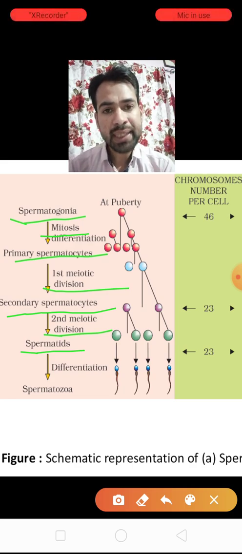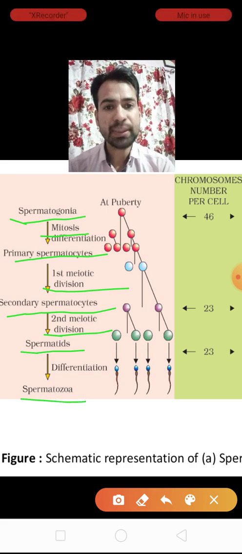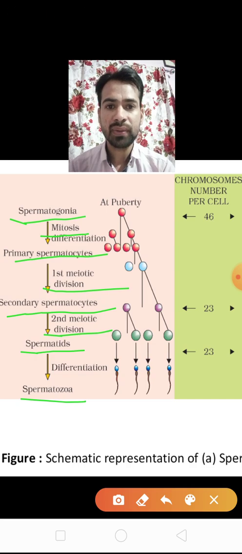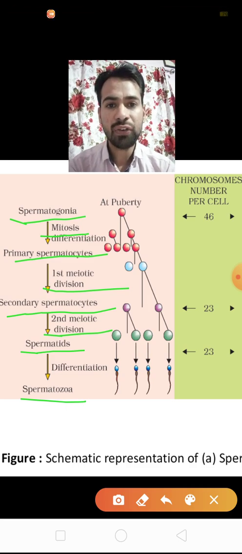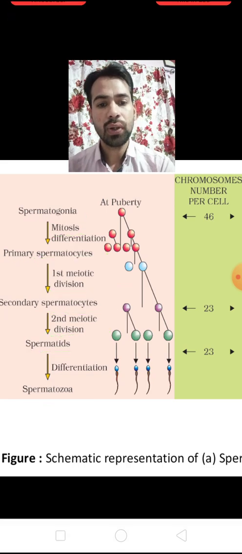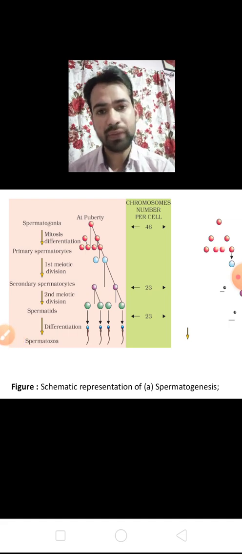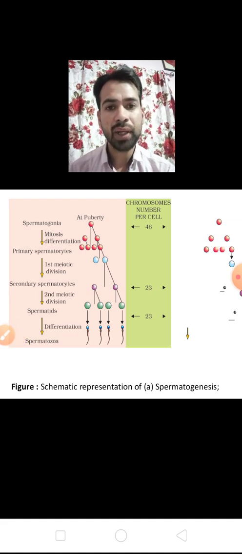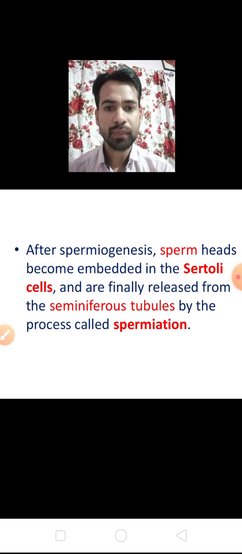Now these spermatids are transformed into spermatozoa or sperm by the process of spermiogenesis. This is the schematic representation of spermatogenesis. Clear? Any problem regarding that? Very simple, very easy. In the spermatogonia, the various mitosis and meiosis divisions take place and form the sperms. Clear? Now children,